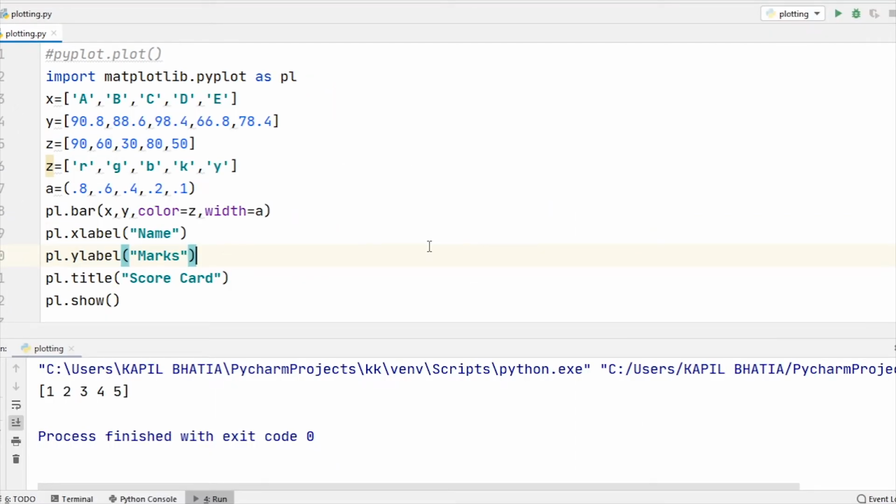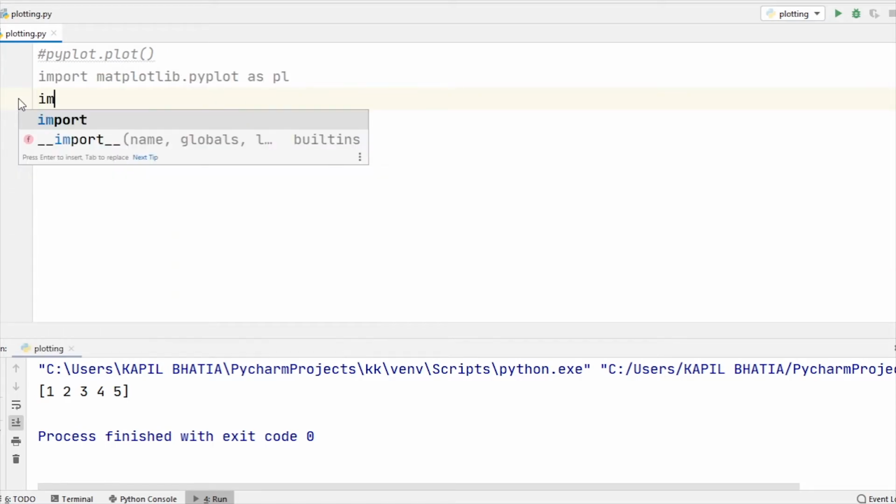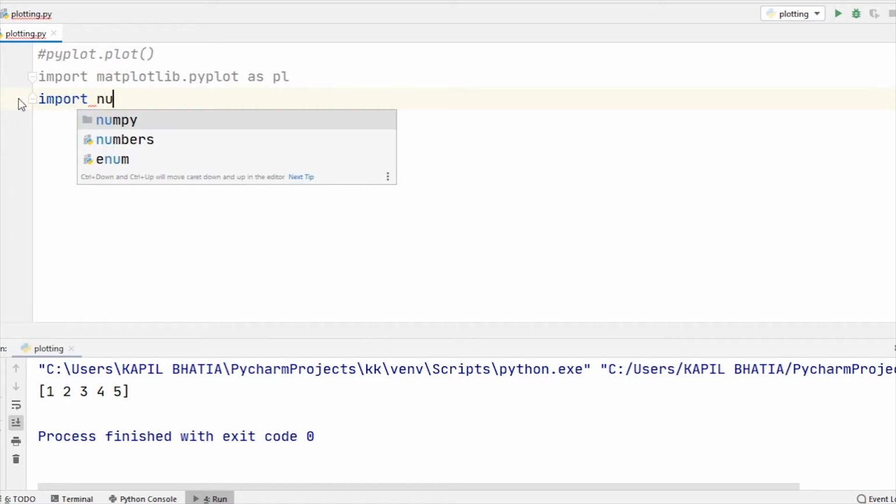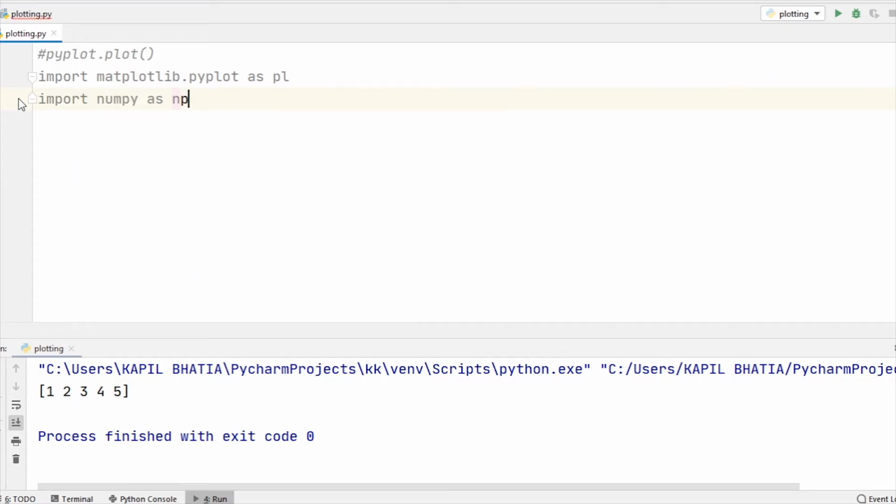You can also plot multiple data ranges on the same bar chart, creating multiple bars. For that, I'll show you how to create multiple bars on the same bar chart. As you may have seen in a cricket match, the runs of two teams are shown comparatively over by over. So I just create a program so that you can better understand how it will show on the screen. For that, I import one more library, NumPy as np. Suppose it's a 5-over match.